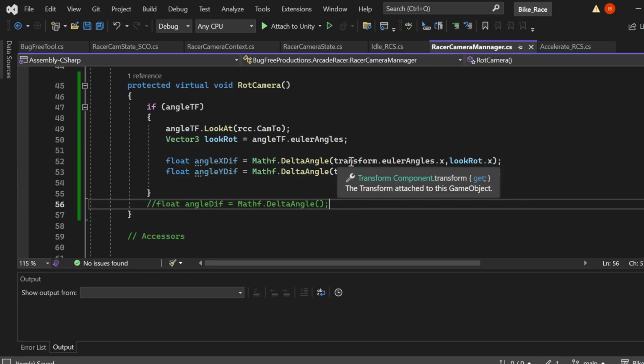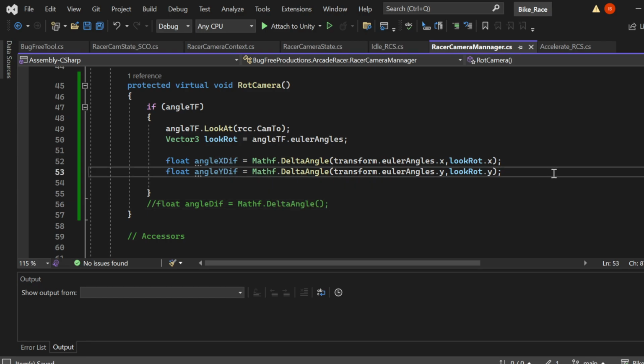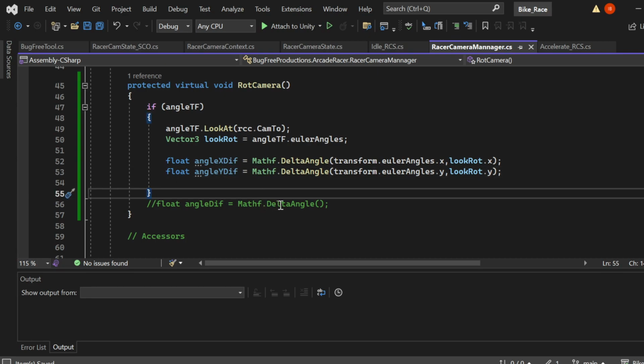So we have our transform, the difference in angle x and angle y. Now we need to do our actual rotation to look at it. And I don't want to put anything named look at. So maybe I do something like, so